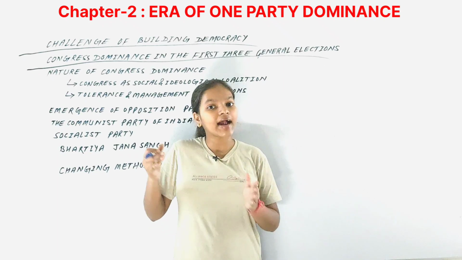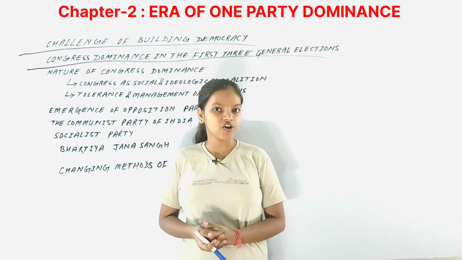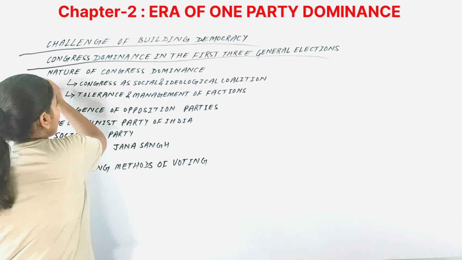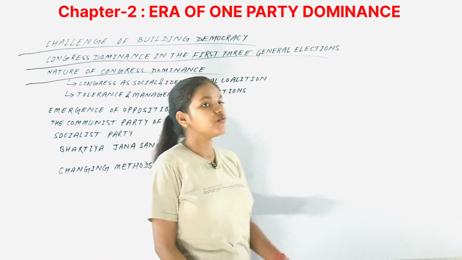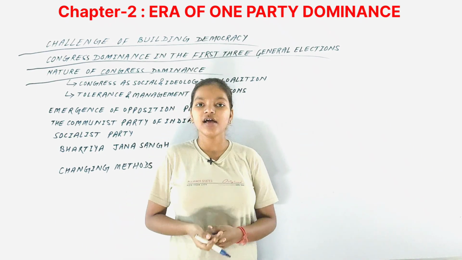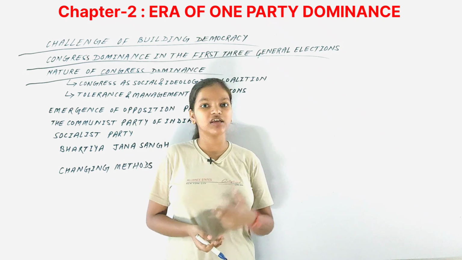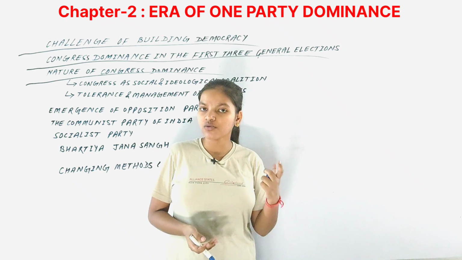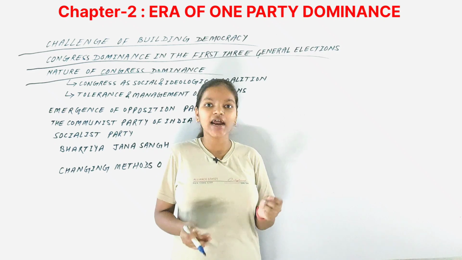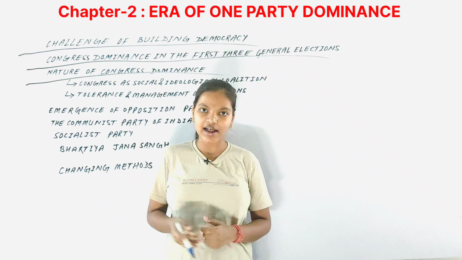If it had dominance in the country, then what about the nature of that dominance? Let's see that as well. So, the nature of Congress dominance. Now whenever we say one party system or one party rule, what comes to your mind? Of course, democracy just goes off. Just see the example of China. In China there is one party rule, which is the Communist Party of China. What does it show? It shows that there is no clear, good democracy in that country.